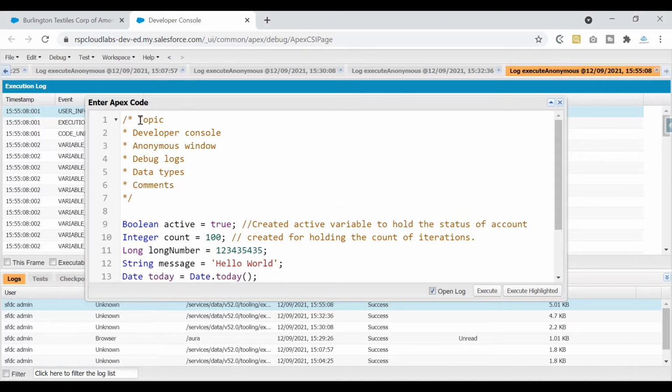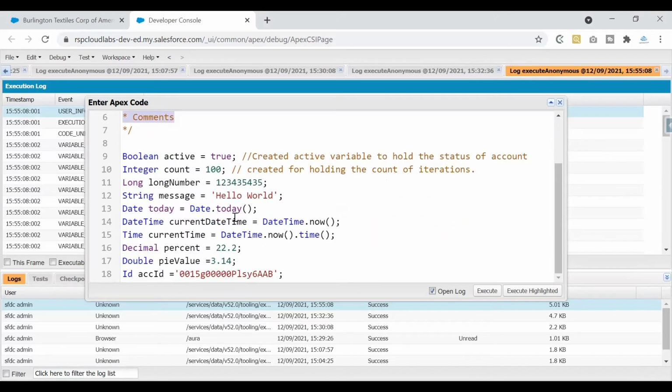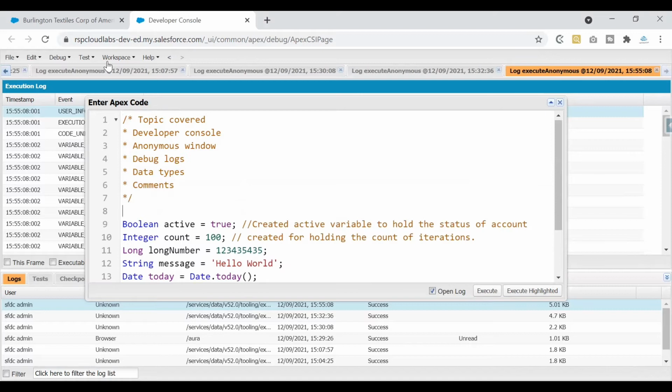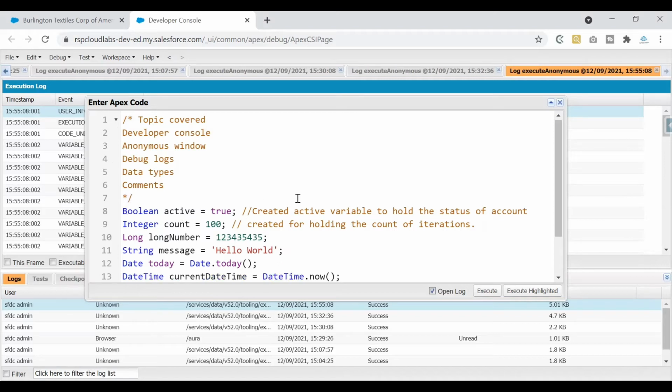If you see here, the topics section helps us understand exactly what topics we have discussed. All these lines of code are commented out. You can either add stars here, or you can simply ignore them. I've added them just as pointers. You can ignore these stars in between. This has nothing to do with our multi-line comments. This would also work if I keep it this way. So this is the start and this is the end of your multi-line comment. Remember, any line that is commented out would be ignored by the system.